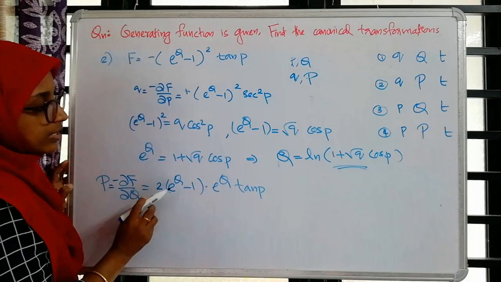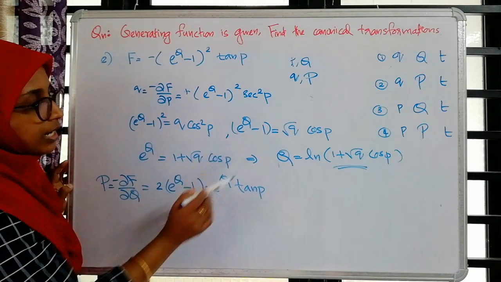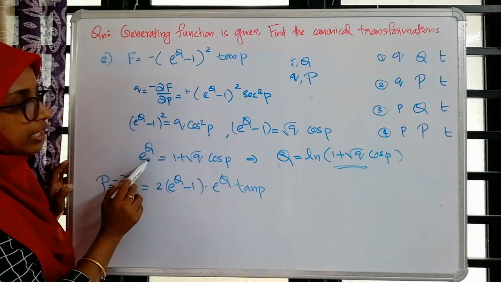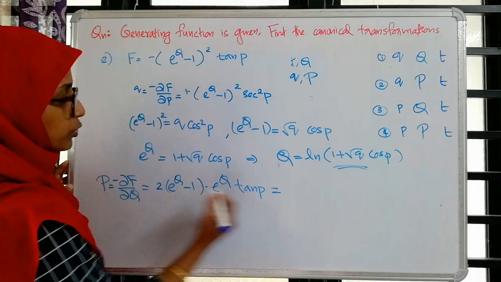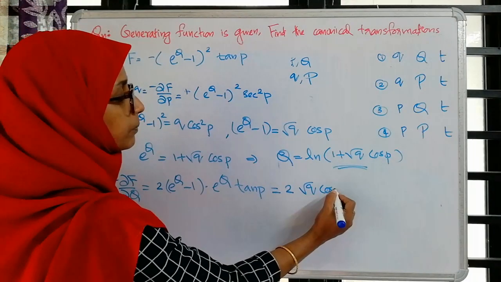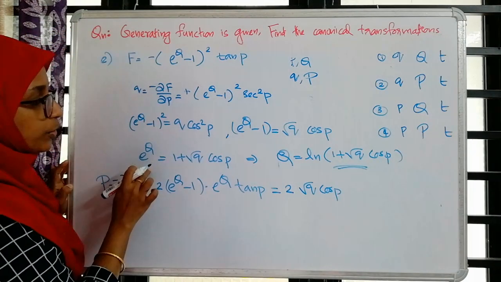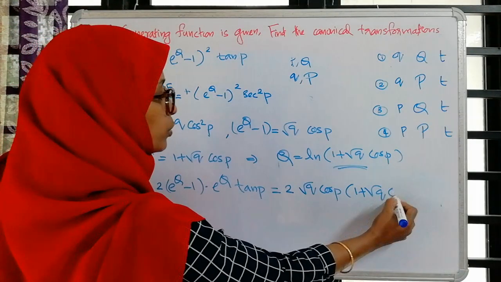Now, we can substitute for e^q minus 1 from this equation and e^q from this equation itself. That's e^q minus 1 is equal to root q cos p, and e^q is equal to 1 plus root q cos p,